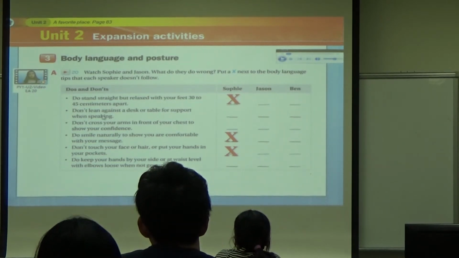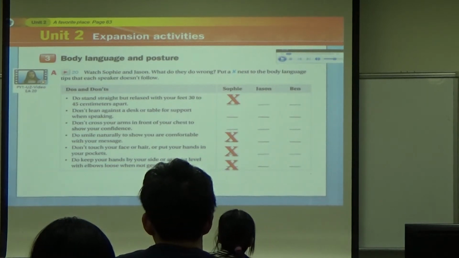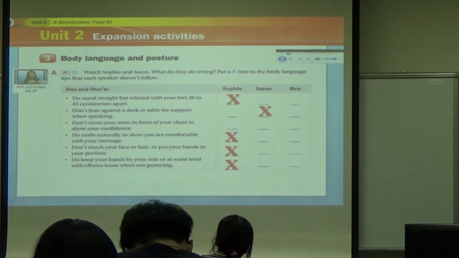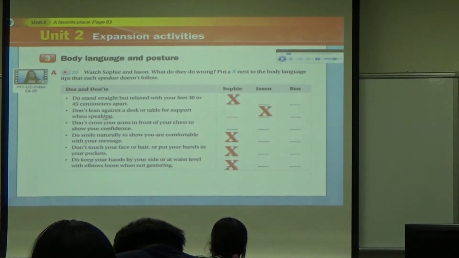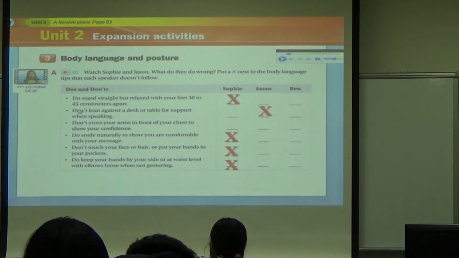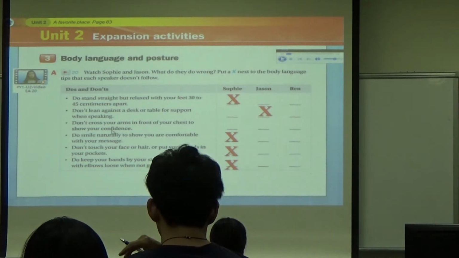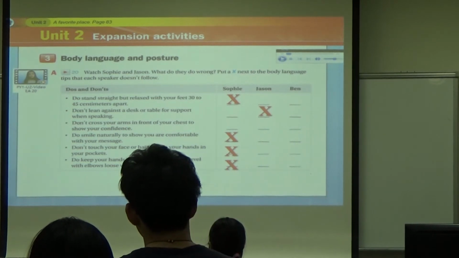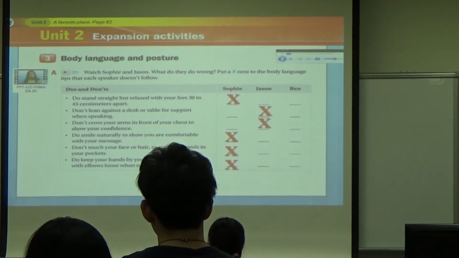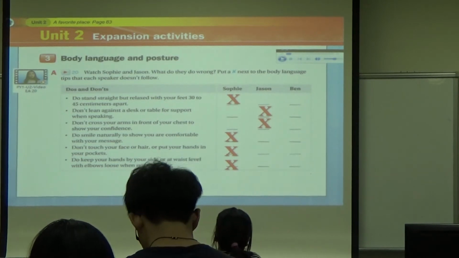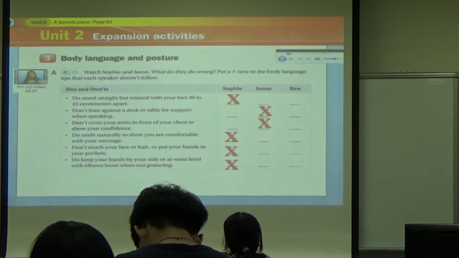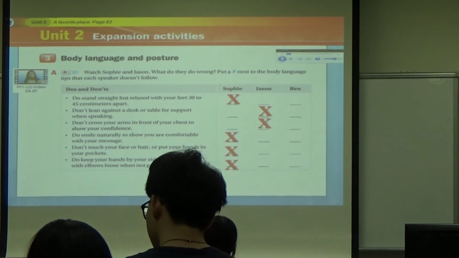And did he lean against a desk? Yeah, he actually sat on it. So number two, I don't think he did it right here. So actually he sat on it. So number two, he didn't make it. And number three, did he cross his arms in front of his chest? Yeah. Okay. So that is another thing he didn't do well. Yeah, too casual. And of course, he leaned against the table, crossed his arms in front of his chest, and